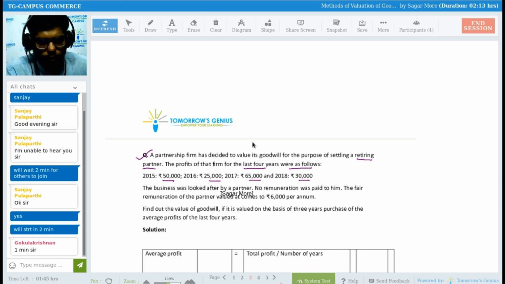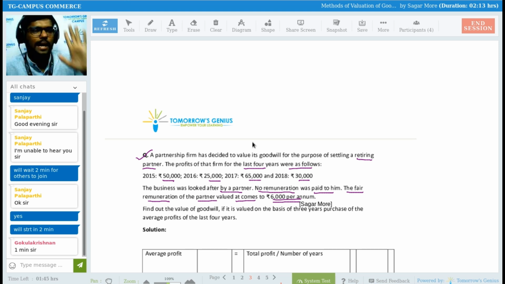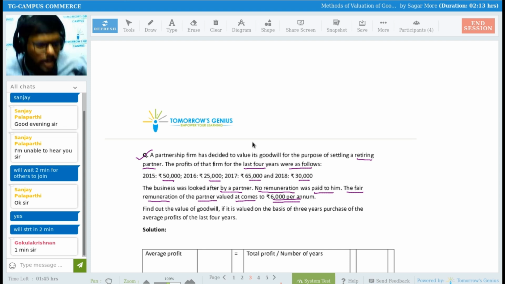The business was looked after by a partner. No remuneration was paid to him. The fair remuneration of a partner comes to rupees 6,000 per annum. Sir, there is one active partner in the business, that is Gokul. Gokul was looking after this business from last year onwards, and he is expecting a remuneration. So what is remuneration? Remuneration is nothing but commission, salary, right? He is expecting salary. We have not yet paid the salary,